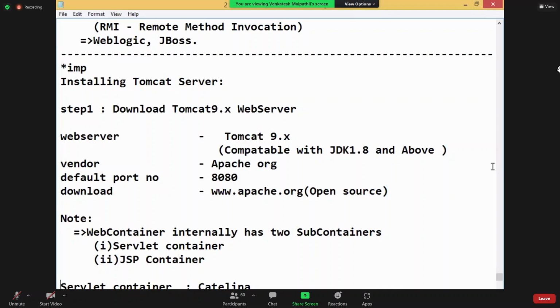The web server name is Tomcat. Compatible with JDK 1.8 and above. Somebody in this batch asked about Tomcat 8. Tomcat 8 will not support the JDK 8 environment, so some compatibility failures will come. Go with a minimum of 9, and 10 if possible. The vendor, owner of our product, is the Apache organization, and the default port number of Tomcat is 8080, and the download, open source, is